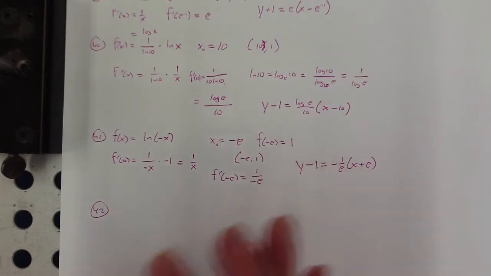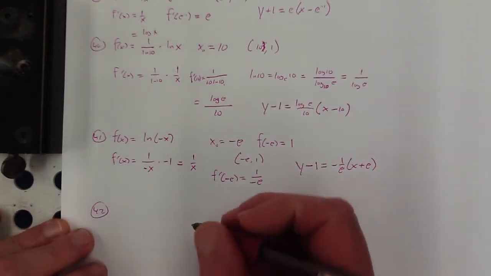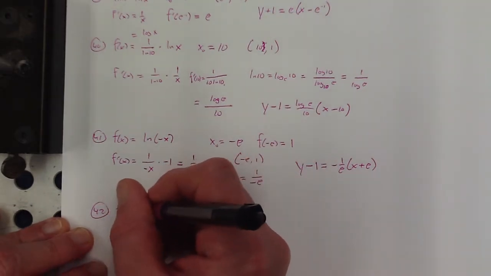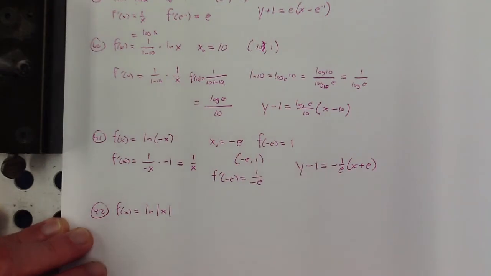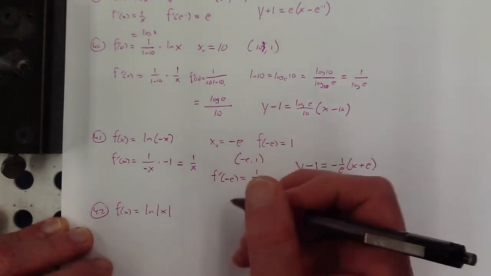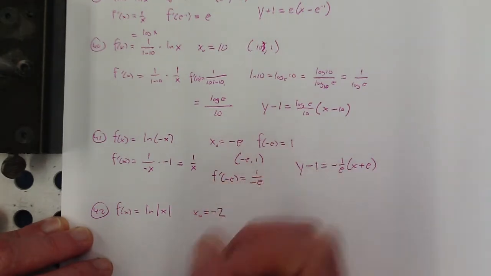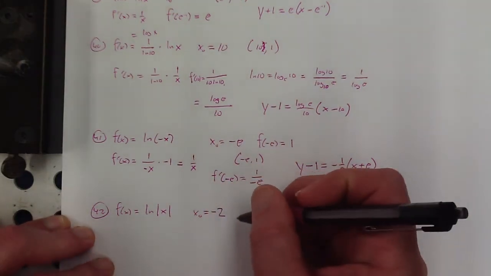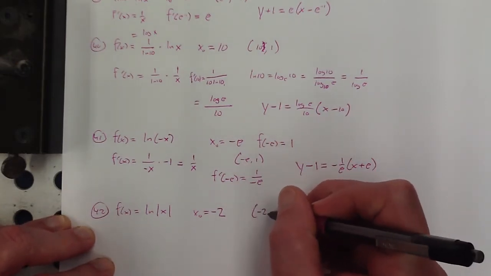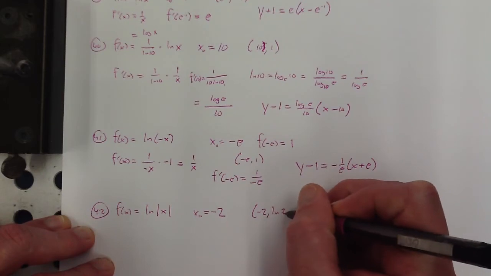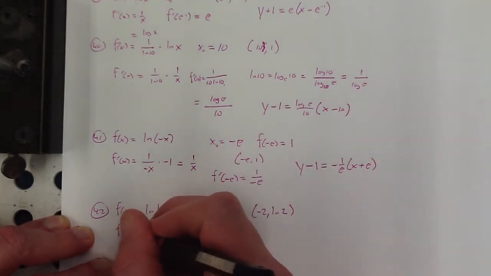42. The last one. How about the natural log of the absolute value of x at x sub 0 equals negative 2. All right, let's see. So that is my point, and the slope